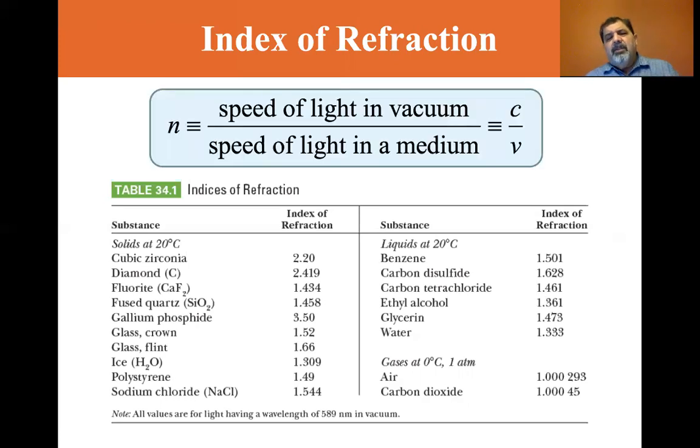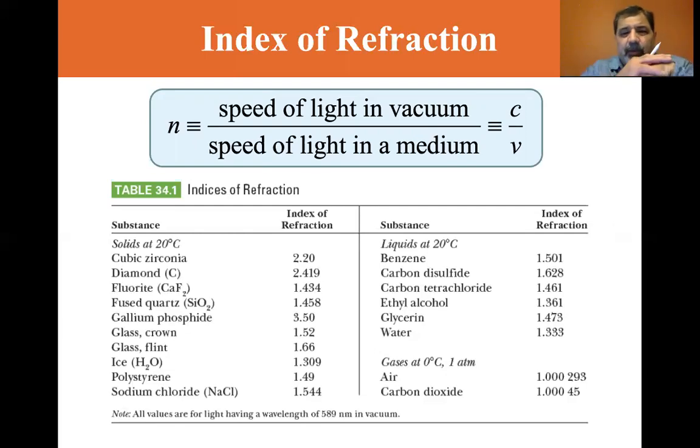Okay, now the index of refraction is defined as the ratio of the speed of light in vacuum divided by the speed of light in the medium. So n is equal to the speed of light in vacuum divided by the speed of light in the medium. For water, it's 1.33. So the velocity is slower. In other words, the speed of light is like 33% faster